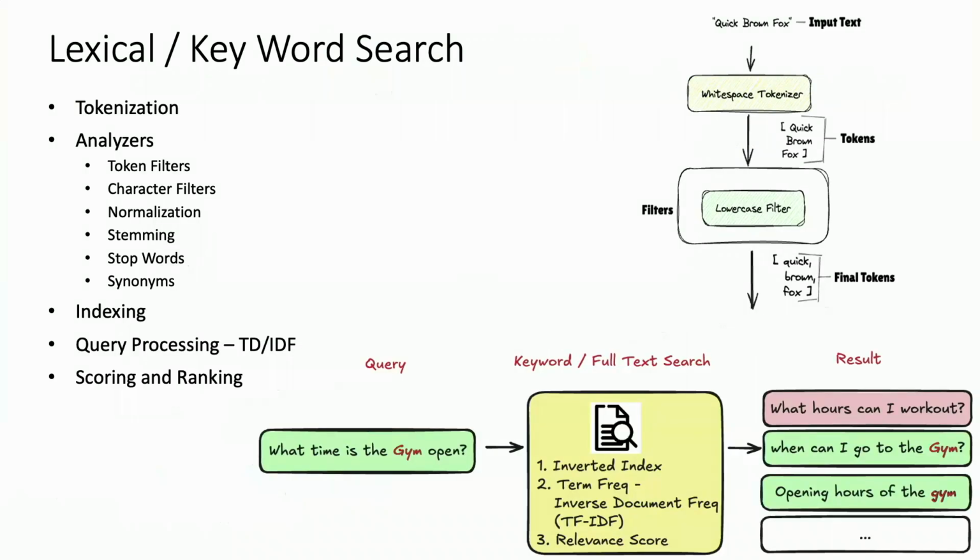Lexical or keyword search. What's that old saying? Don't throw the baby out with the bathwater. To keep it super short, a well-built lexical search can be very powerful. For those who've never built them before, it's usually not just passing in the exact words that the user has entered. There's a whole range of NLP techniques that are happening under the covers. There's stemming and stop word removal and use of synonyms. And ultimately, lexical search is about precision. And it favours precision because when you're looking up specific terms like product codes or engineering parts or specific scientific terminology, it is really useful to use a lexical search. And it's also computationally faster and cheaper to ingest than, say, something like